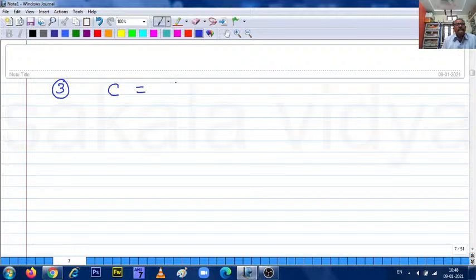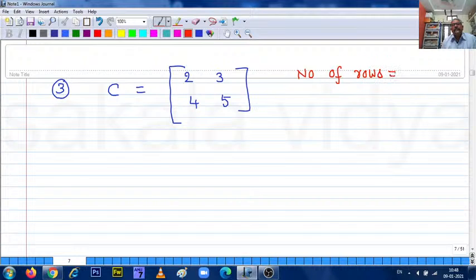C matrix, 2, 3, 4, 5. Here write down number of rows. How many rows are there in this matrix C? 1, 2, 2 rows. Number of columns